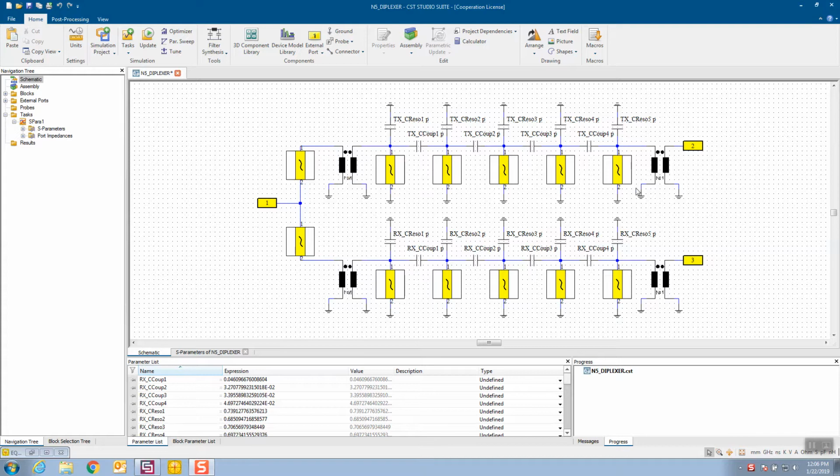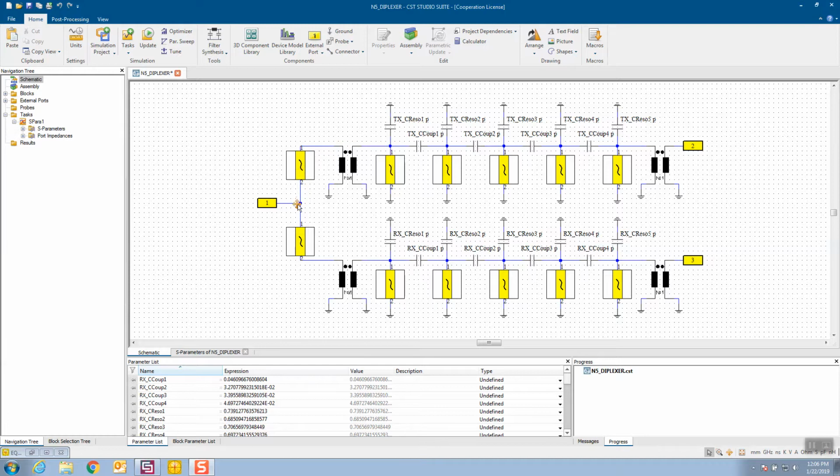At the input and the output, we've simplified the circuit by using transformers. In a real filter, we would typically tap in and out of the first and the last resonators. To form a diplexer, we can take doubly terminated designs and connect them at a common junction through these series transmission lines. We choose the length of these series lines so that the input impedance of this filter gets rotated